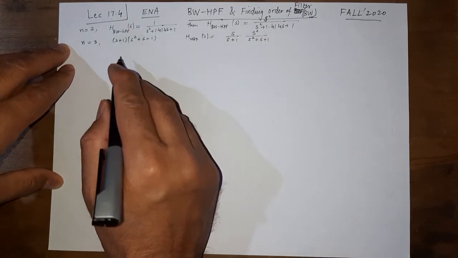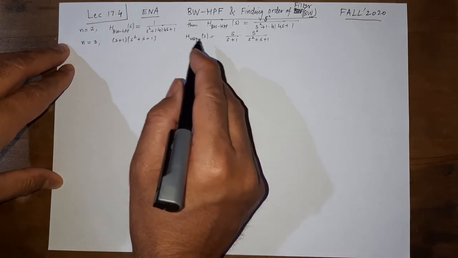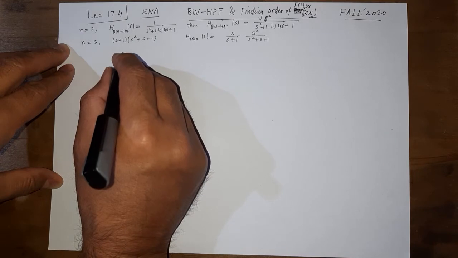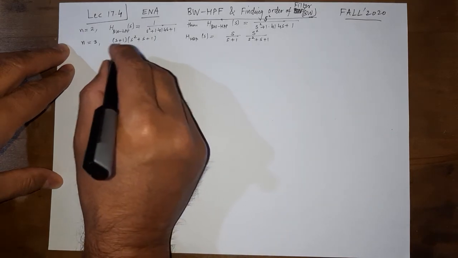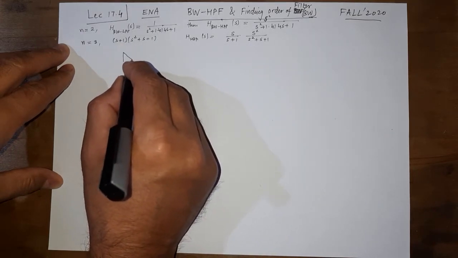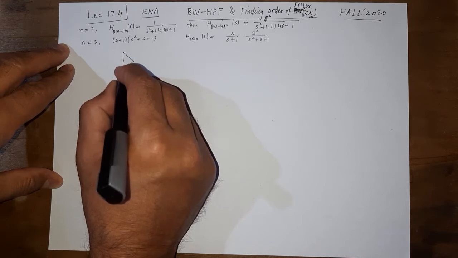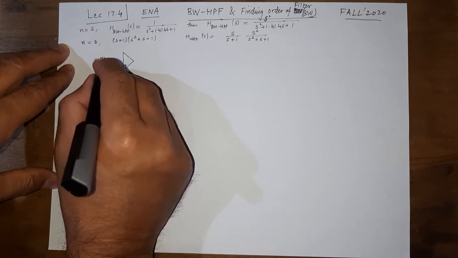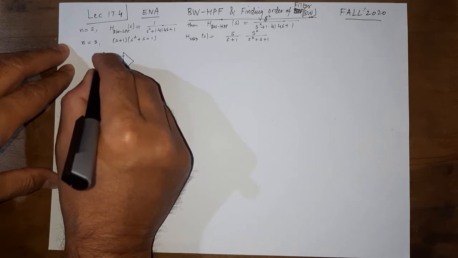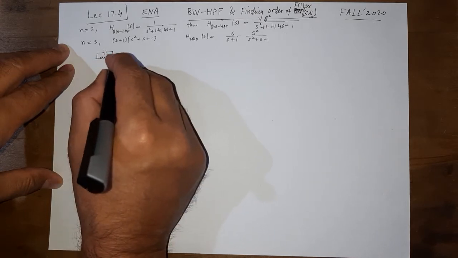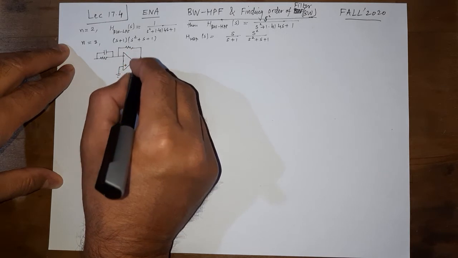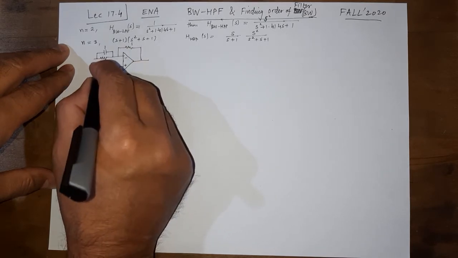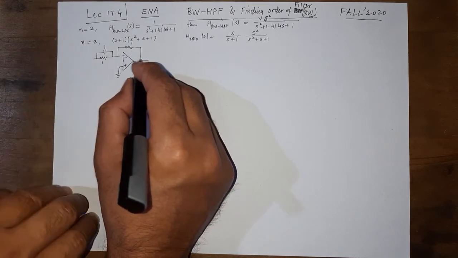So let me make a Butterworth high pass filter of the third order, so that you also know how to handle that s plus 1 in the polynomial. This s plus 1 factor will be implemented by a simple high pass filter, the usual way that we developed earlier. So 1, 1, 1, this is a high pass filter of order 1.